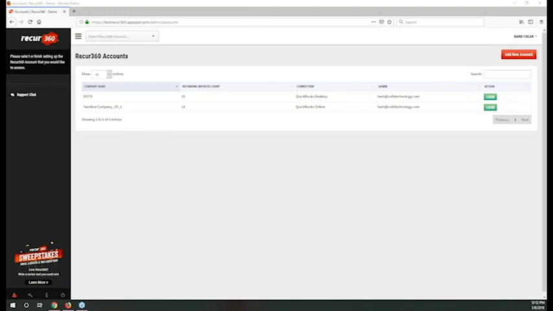And then the third area is our collection center. The collection center gives you the opportunity to manage your open accounts receivable. When you connect Recur 360 to your QuickBooks file, we bring in your current customer list and all your past invoices and any open invoices that customer has. So right here is all my open AR from my QuickBooks file. I can simply, with a couple of clicks, select all the open invoices here, pick the send email button.